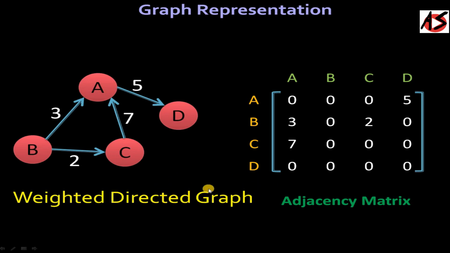In this way, the pictorial form of the graph can easily be stored in the adjacency matrix. Such a matrix you can easily store in a two-dimensional array, and so you can easily store the graph. Now we will see the other representation of the graph.